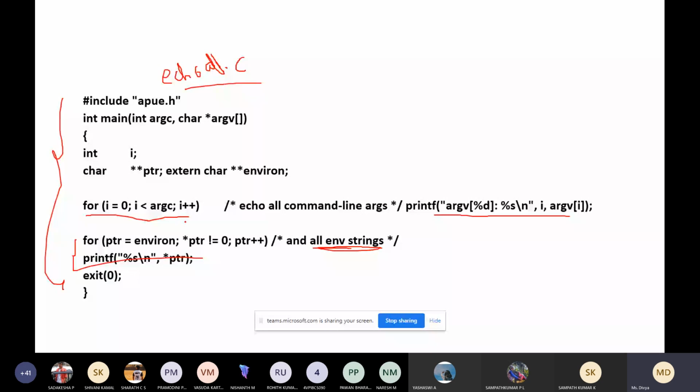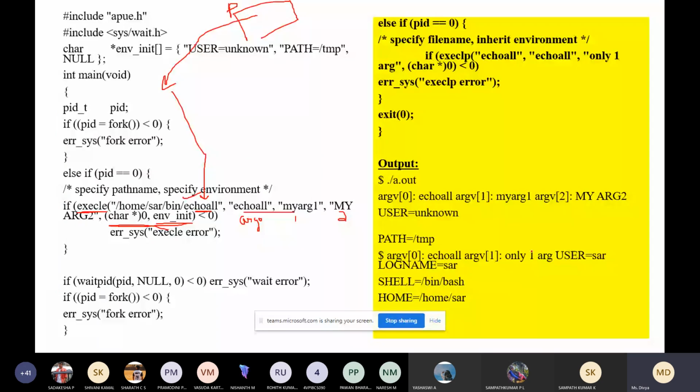How will it print? argv of 0 colon. What is our first argument? Argument 0 is echo all, so it will print echo all.